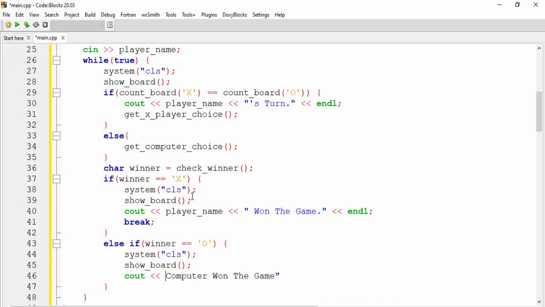I will put it in double quotes because it's text. I will end the line. Now we have checked for computer and player.